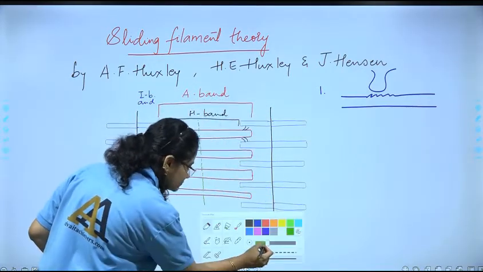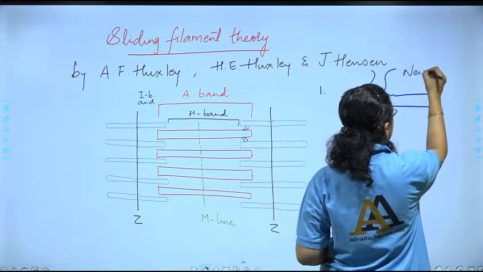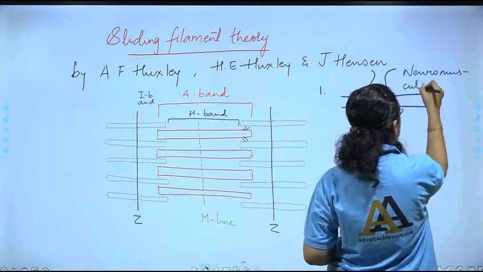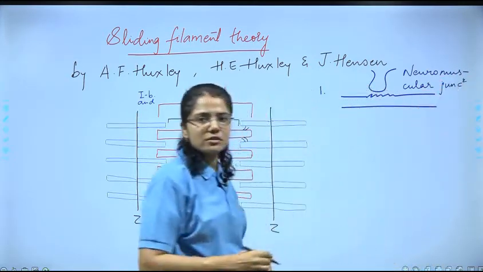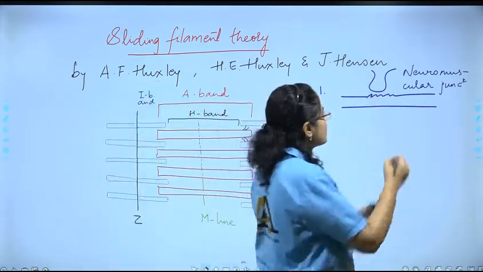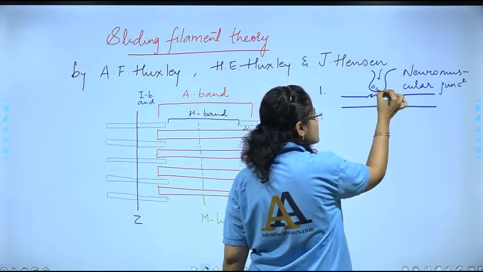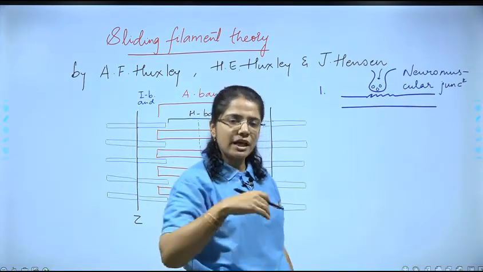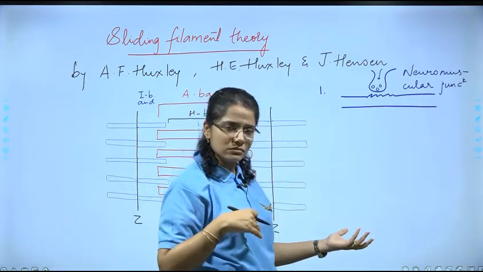So it is a neuromuscular junction, right? It is called a neuromuscular junction. So when the nerve impulse travels along this portion, and here you know those vesicles are there, and we have learned how it is passed on through a synapse, that is from the axon of one neuron to the dendrite of the next, right?